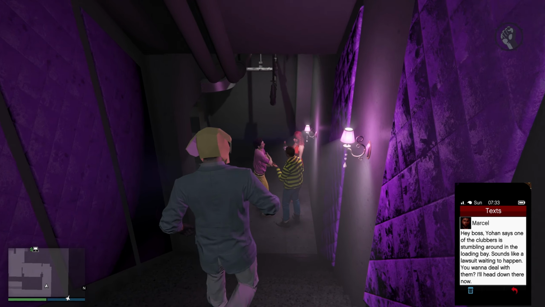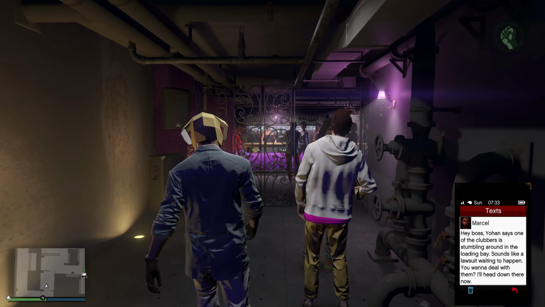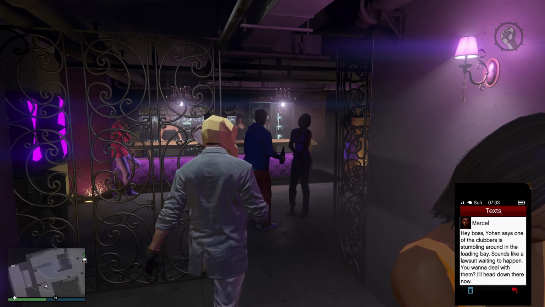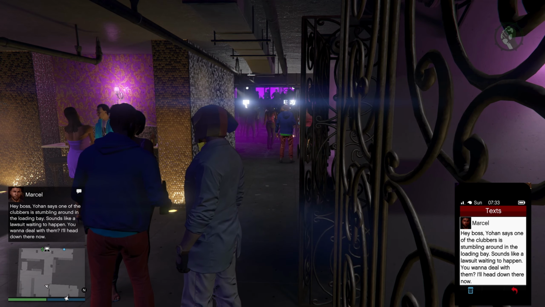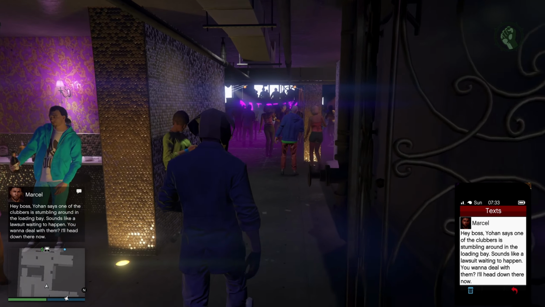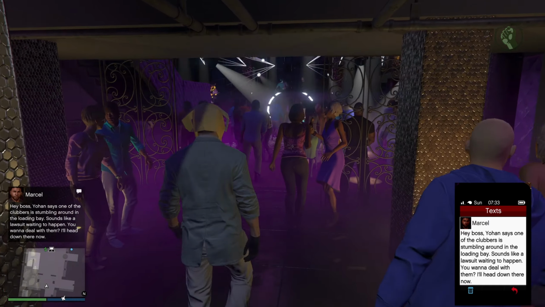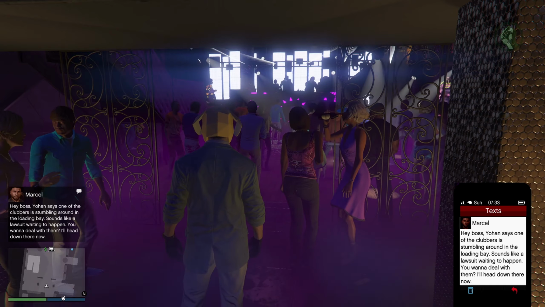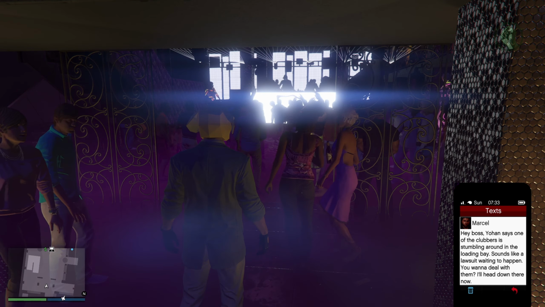As you come down these stairs, you will get a text message from Marcel. This is the guy that you picked up who's your head bouncer. He will be looking around for any troublemakers or anybody who's going to cause a problem inside your club. Now, in this case, we have somebody who's investigating the cargo deliveries, aka trying to steal alcohol from out the back. So we need to deal with this little